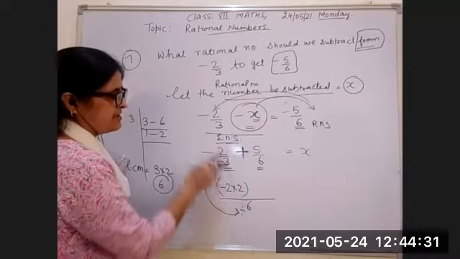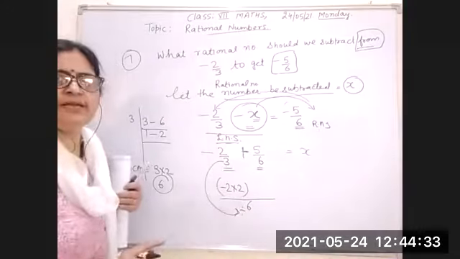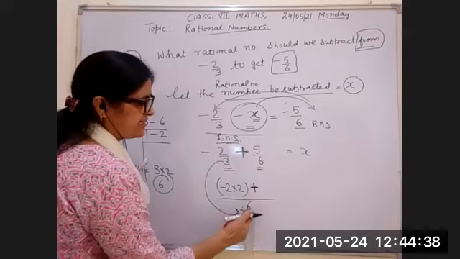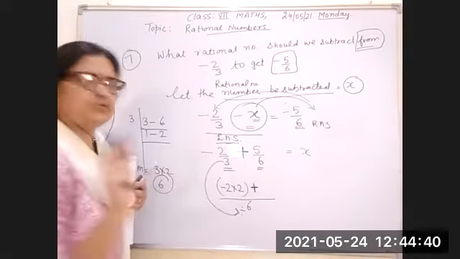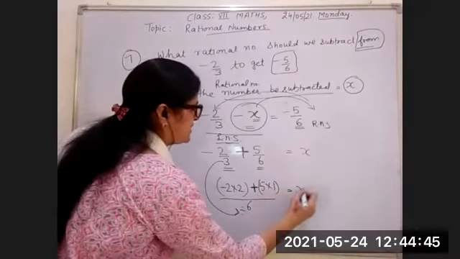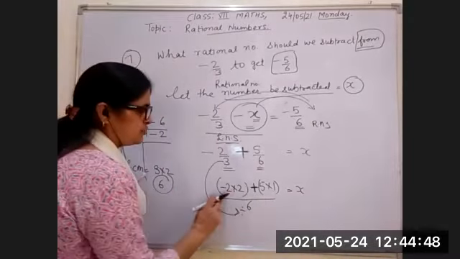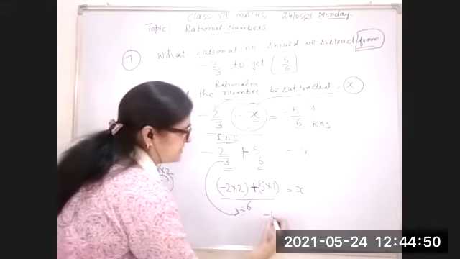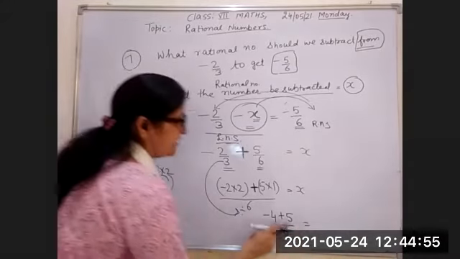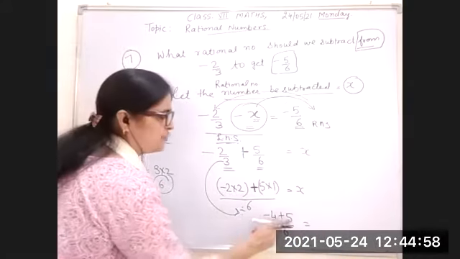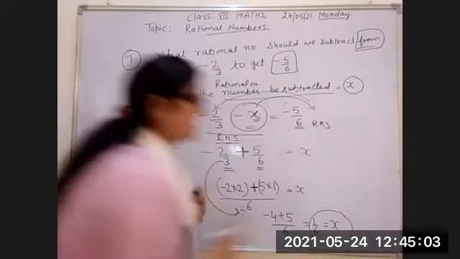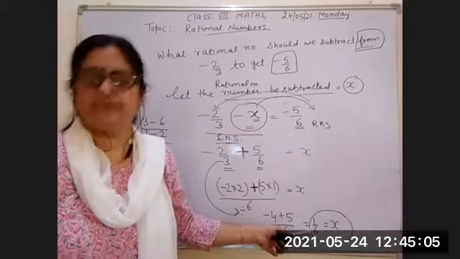Minus 2 is multiplied by plus 2. And here the given sign is plus. And if you divide 6 by 6, the result is 1. And you have to multiply 5 with 1. Now minus 2 multiplied by 2, it is equal to minus 4 plus 5 upon 6. And when you add minus 4 and 5, the result is 1 upon 6. So what rational number we have to subtract? 1 upon 6.